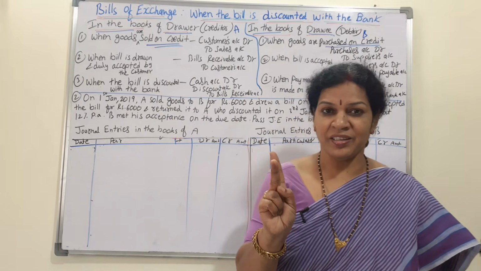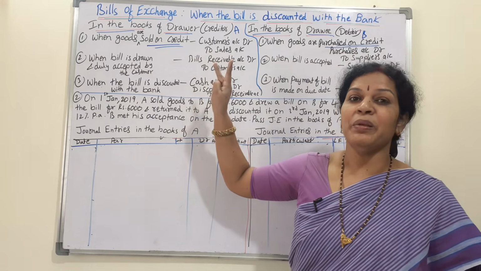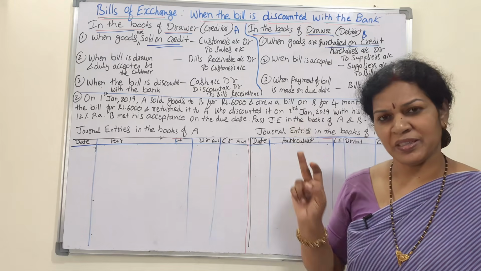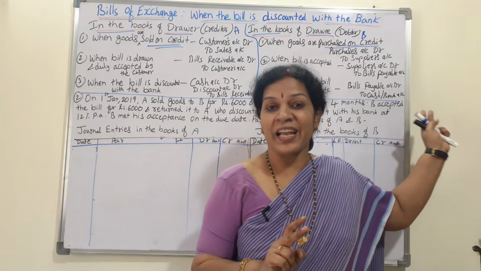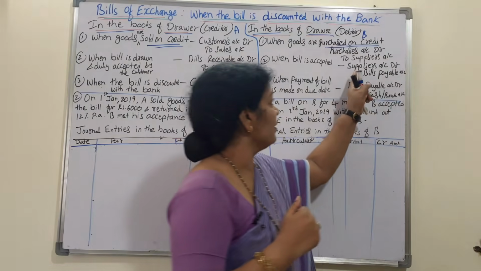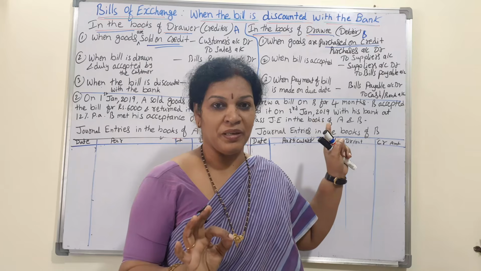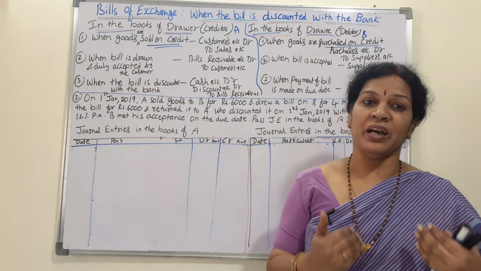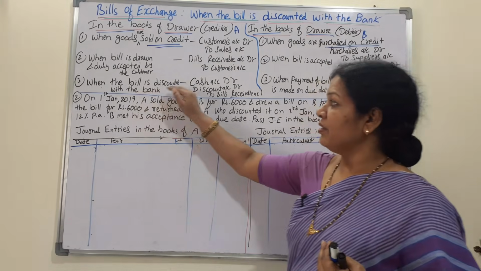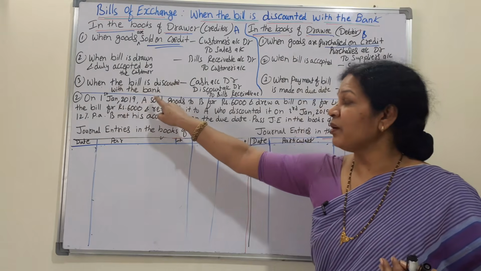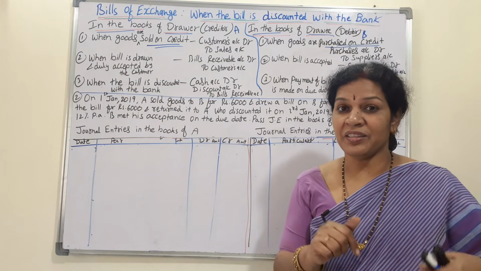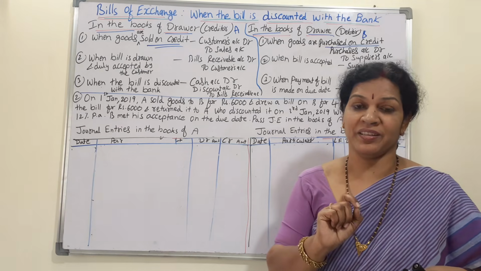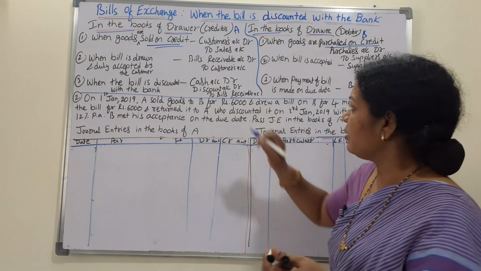First entry. Second entry is when A is writing a bill on B. So that is bills receivable account debit to customer. Same when B is accepting A's bill, then supplier's account debit to bills payable. So this is over. Now the third entry, when he has to receive the amount, comes when the bill is discounted with the bank. Rather than receiving the amount, he is going before the due date and discounting the bill from the bank. So for that, only this entry you remember.